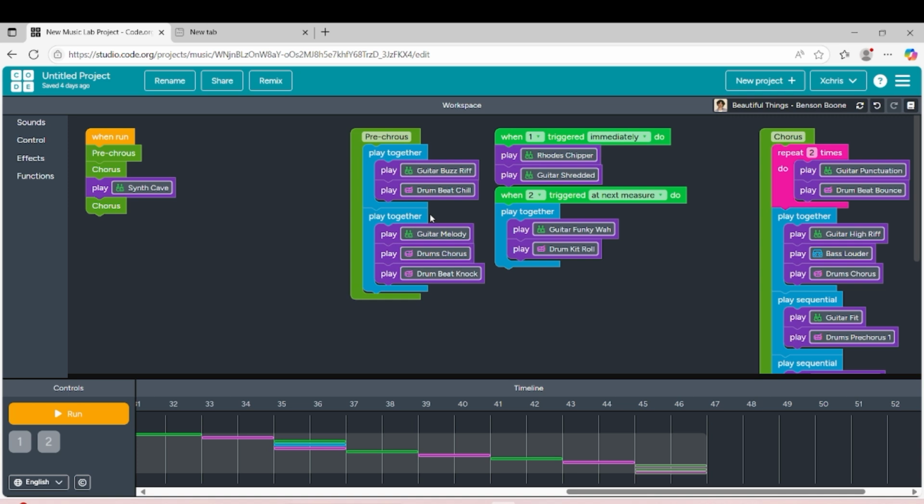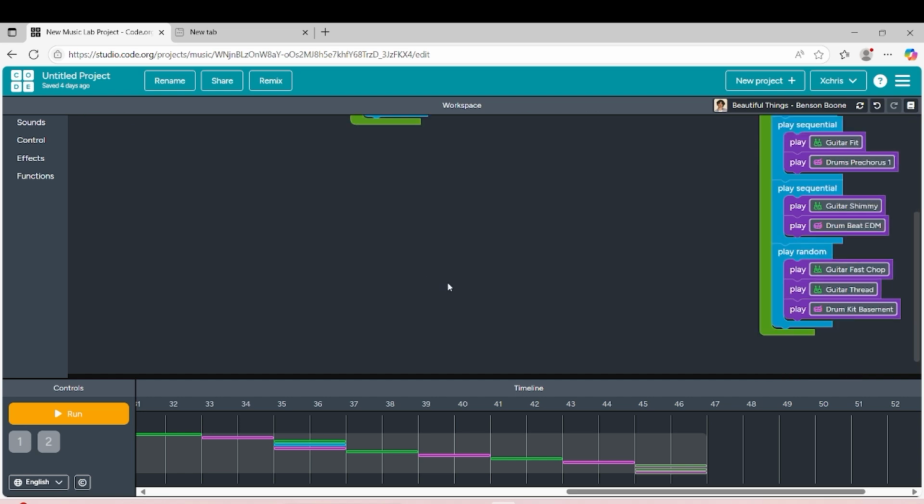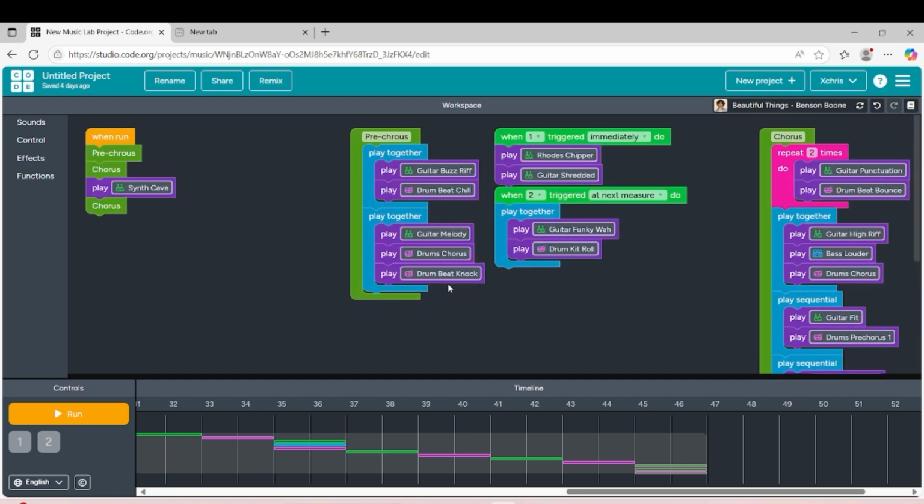You can use it so you're not confusing yourself or being overwhelmed by the long instrument chain that you created here. You can use it by splitting each part of the song that you want to create into, let's say, the start, the middle, or the final part. In short, you can use a chorus, pre-chorus, and the end of the song that you want to create. So that's pretty much how you can use the function row.